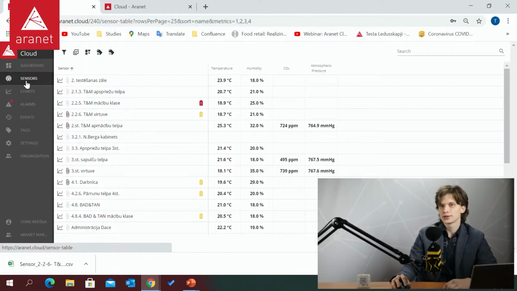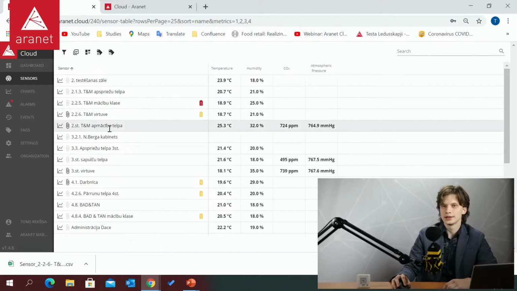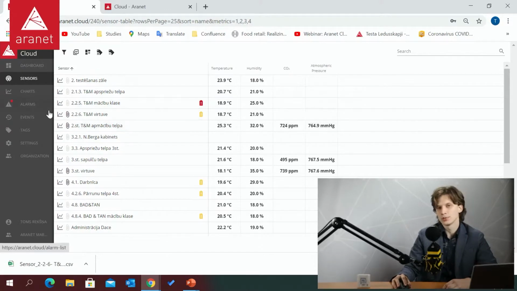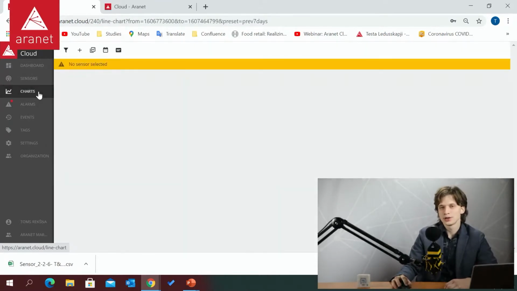Right, so that is about the sensor view. Also, what you can do in this view, you can edit the tags as well, but we will talk about tags in a moment. So also the next part, which already was from the beginning, but is worth mentioning anyway,